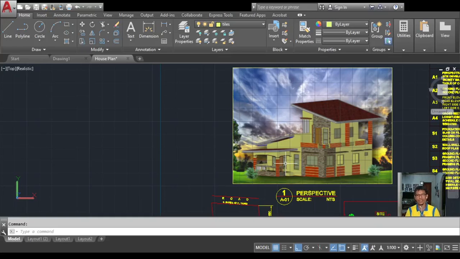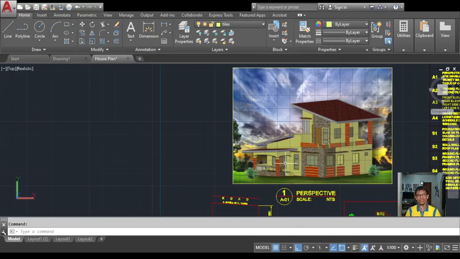We have to pay for the full version. But there are also some other CAD software which are free. But in the case of AutoCAD, it is a commercial product made by Autodesk.